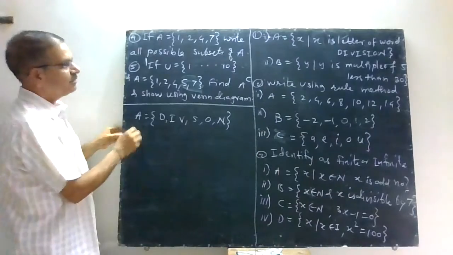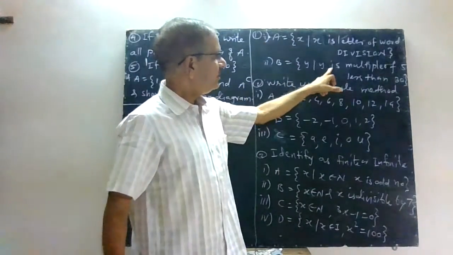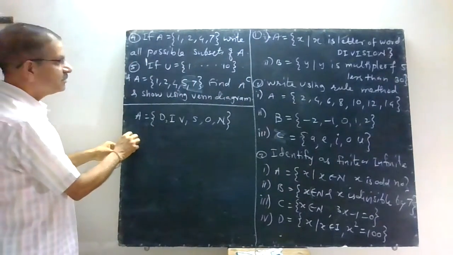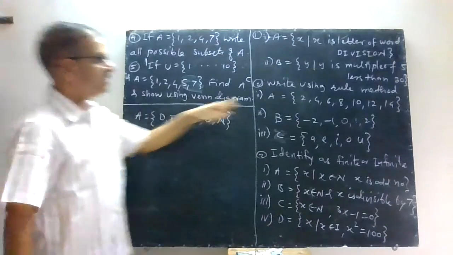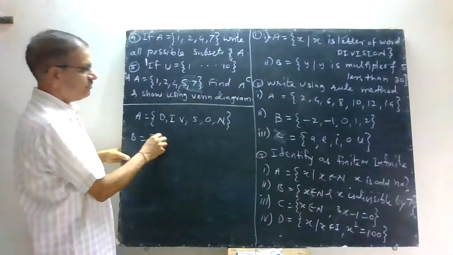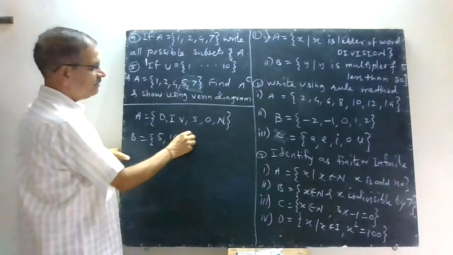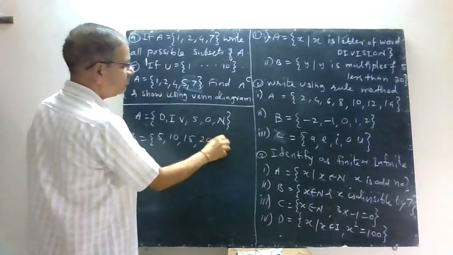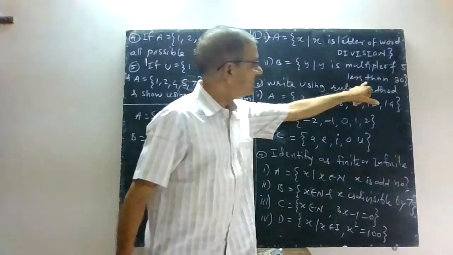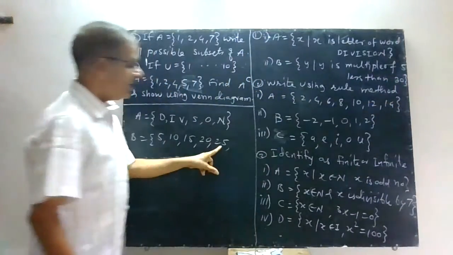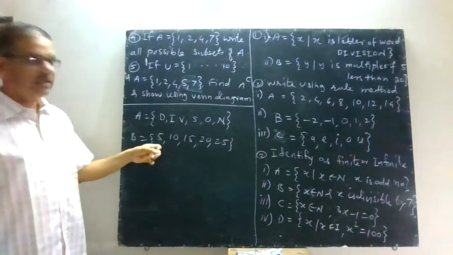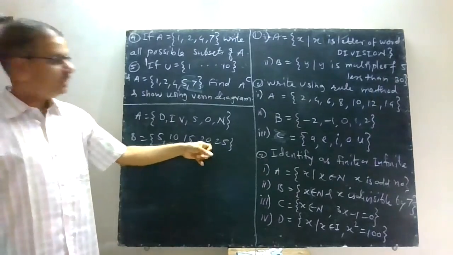Now in the second example you want to write down y is a multiple of 5 less than 30. Y is a multiple of 5, of course considered as a positive multiple of 5. Now we start with 5, then 10, then 15, 20, 25. Multiple of 5 means it is actually the table of 5, but you have to consider the numbers less than 30, and 30 you cannot take because 30 is not less than 30. So you will have the complete set here. It contains only 5 elements: 5, 10, 15, 20 and 25.